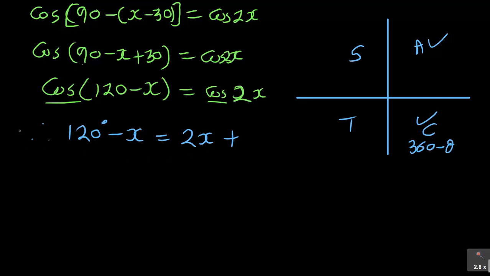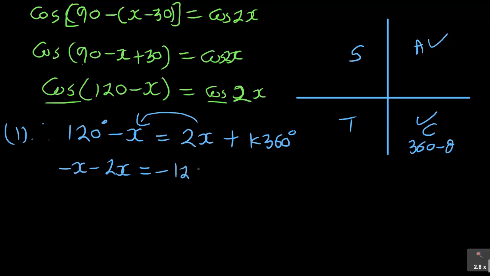So the first quadrant, this is quadrant number 1, we are going to say 2x plus k 360. Are you seeing that? So when you take 2x to the other side, we have got minus x minus 2x is equal to, then it's minus 120 plus k